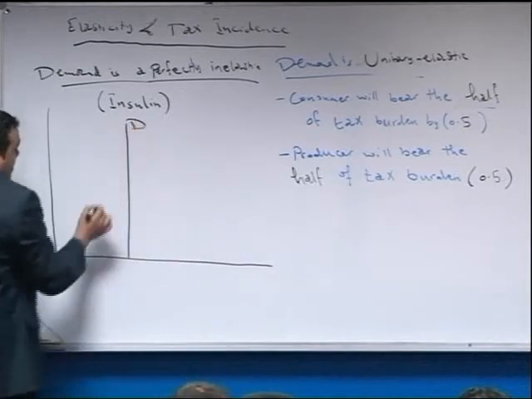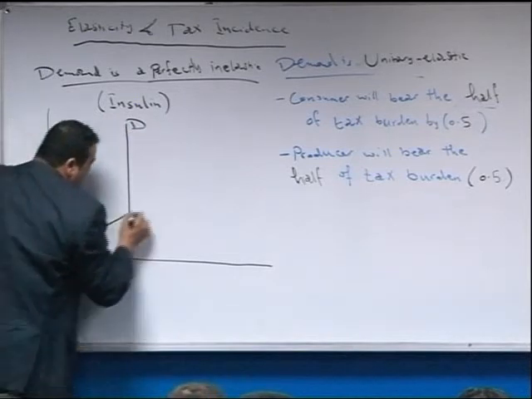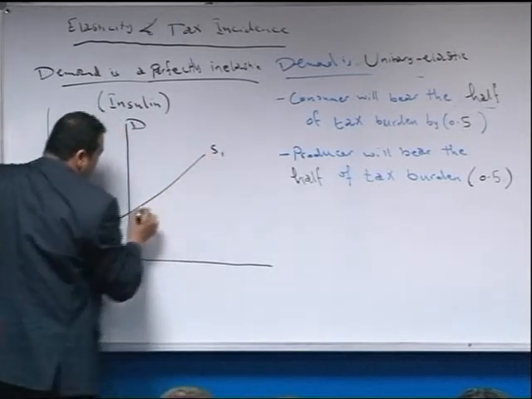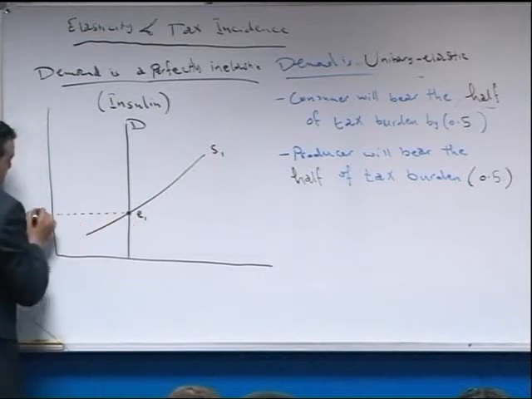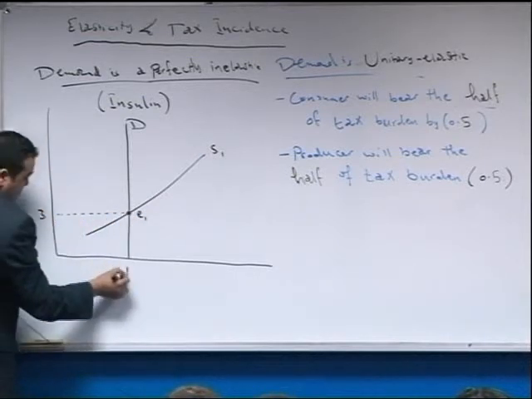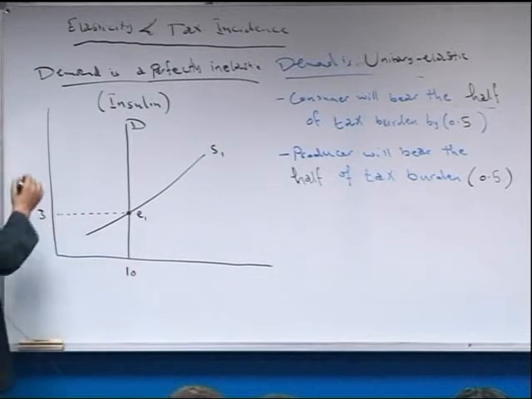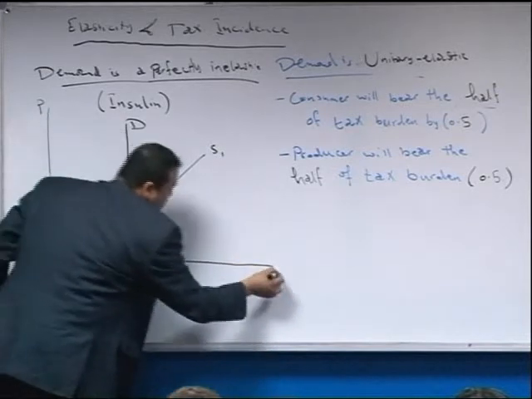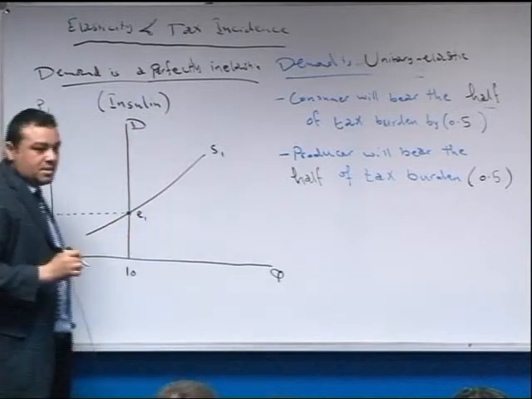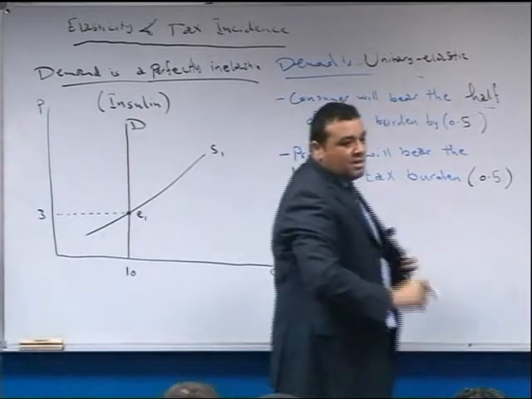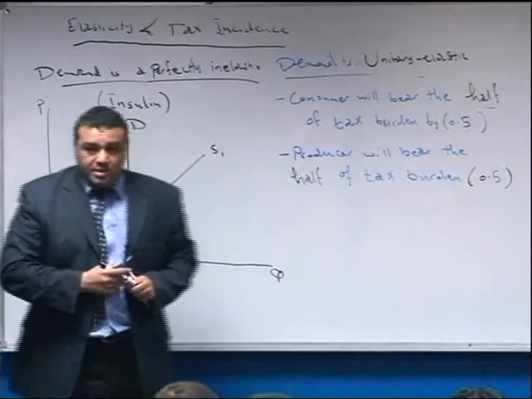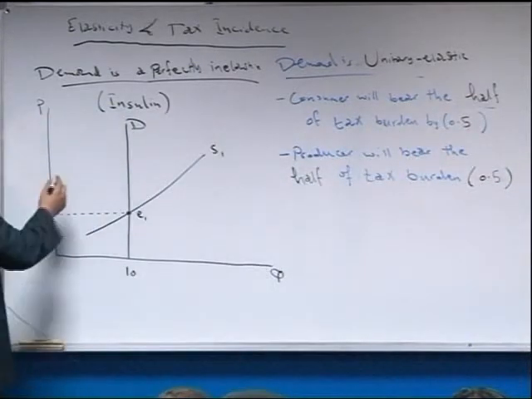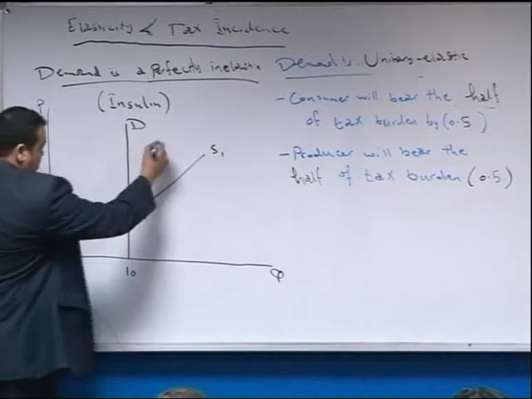D, and this is S1, E1. The price is 3 and the quantity is 10, P, Q. If the government imposed a $1 tax on insulin, in this case, there is a leftward shifting of